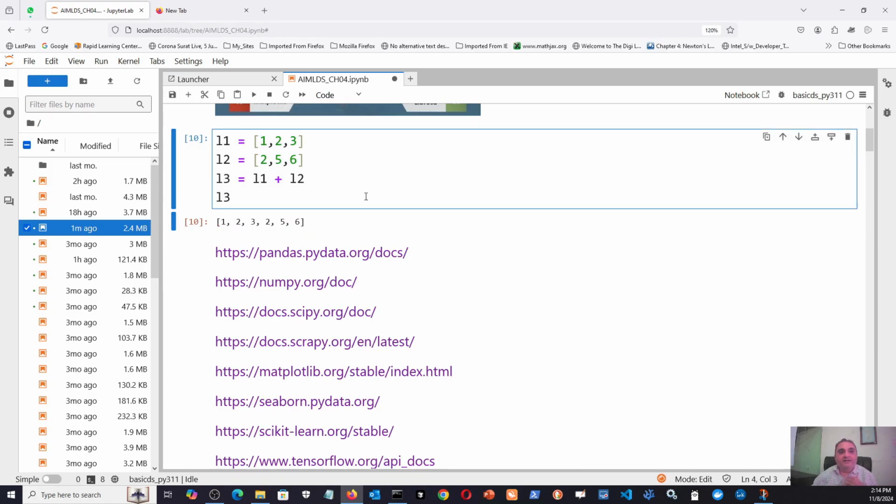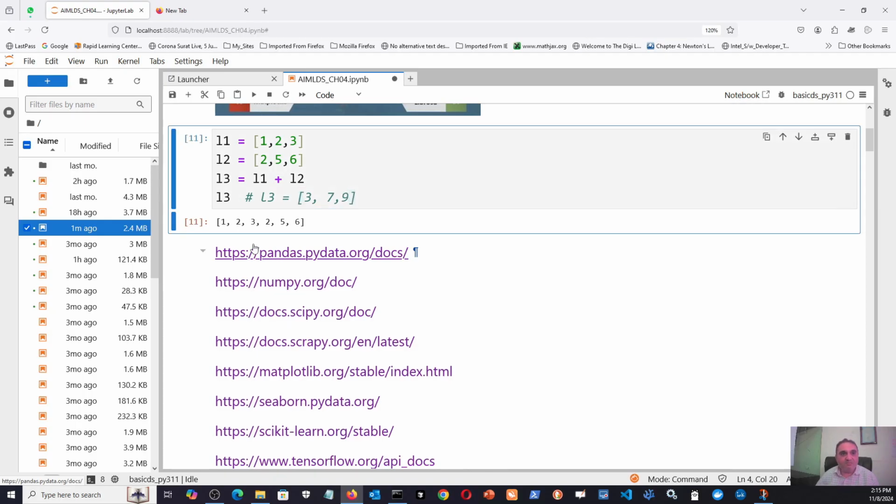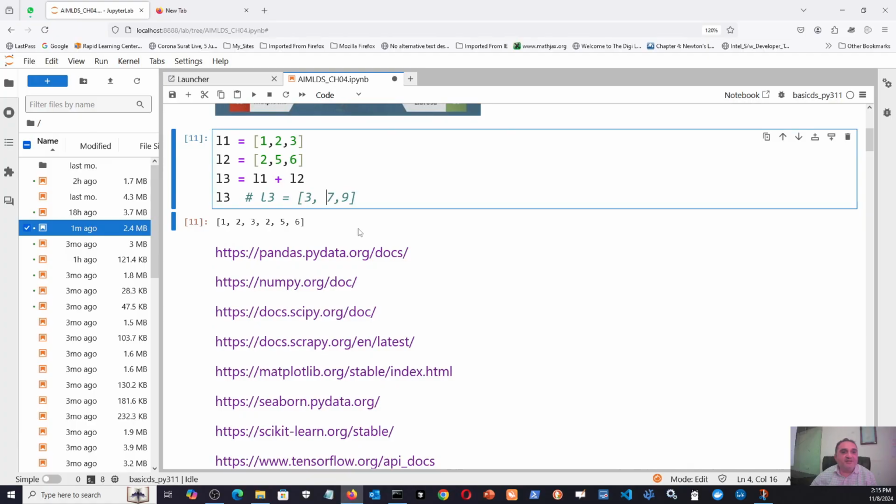Now, suppose I want the corresponding elements to be added, so that L3 equals a new list which is also of 3 members, where each member is the sum of the corresponding members. You cannot get this behavior directly. Of course, in the last chapter we did it: you have to develop a class Vector and then do operator overloading, and the plus operator can be overloaded. But will we write that long